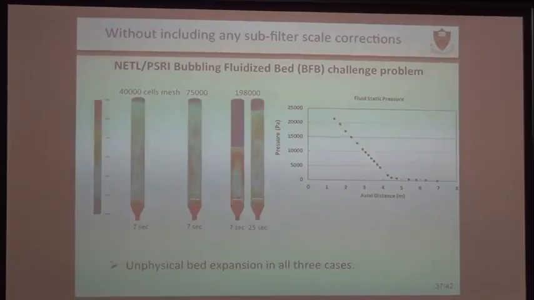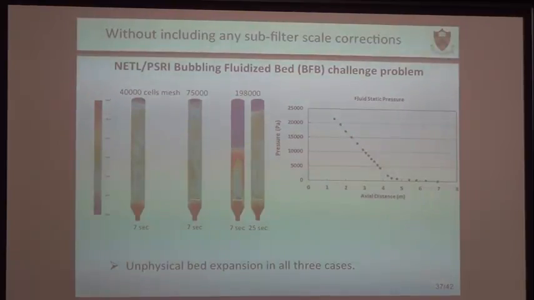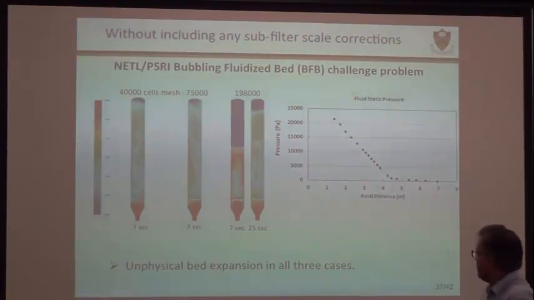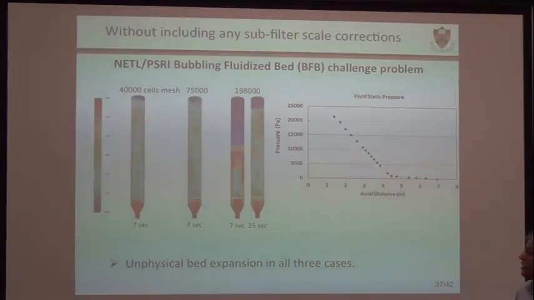Just to give you an idea, the data they give is really simple. As we go from the bottom of the bed to the top of the bed, the pressure is decreasing linearly when the bed is operating, in a time average. This basically means that the particle concentration is essentially uniform. The bed goes to about 4.5 meters tall. After that, we have a freeboard region where the particles are segregated. This is so simple that we can write an empirical relationship for it almost trivially, and that's how the field was back in the 1960s and 70s. But it doesn't tell you how to scale things up. If you put something else inside, an internal, how it will change, it doesn't tell you. And through CFD, we are trying to see if we can capture it.